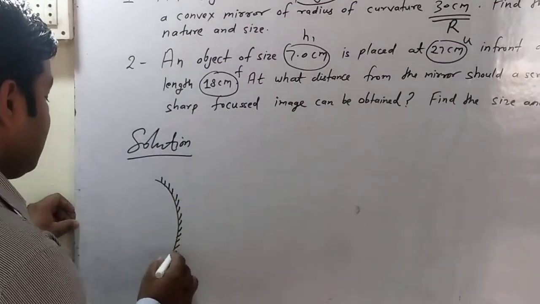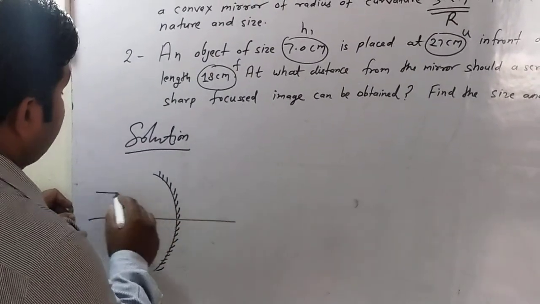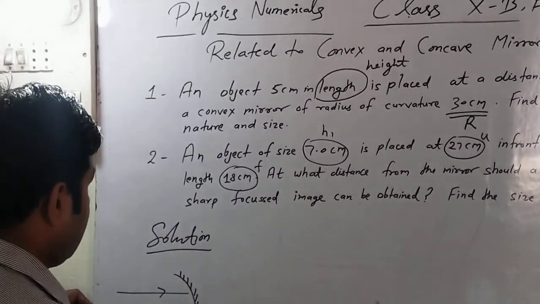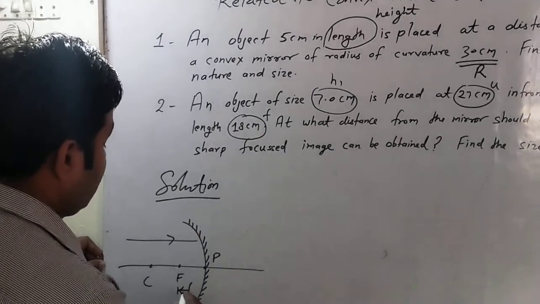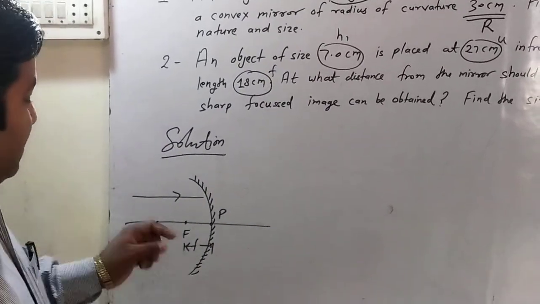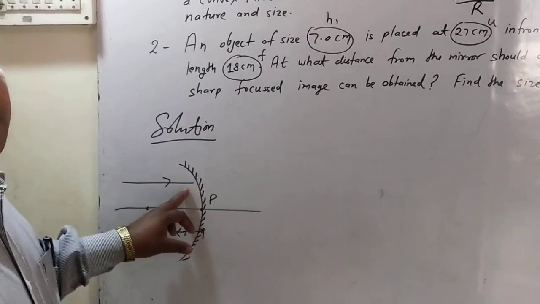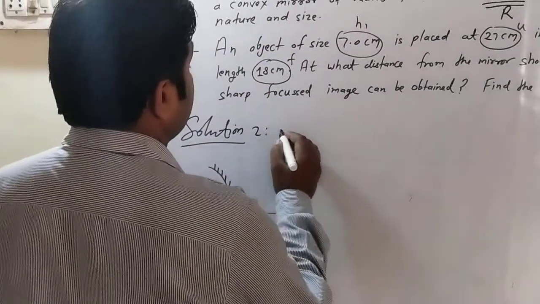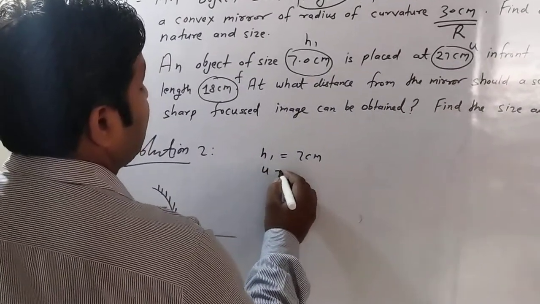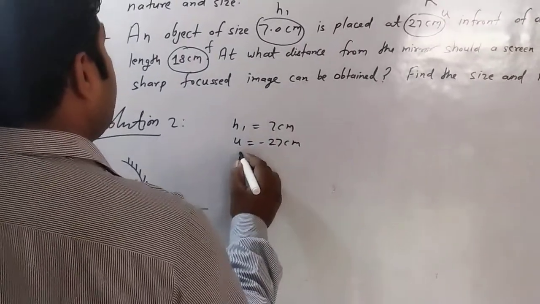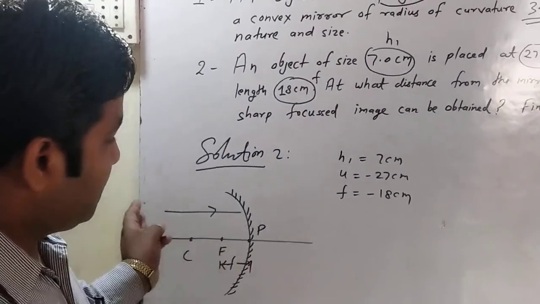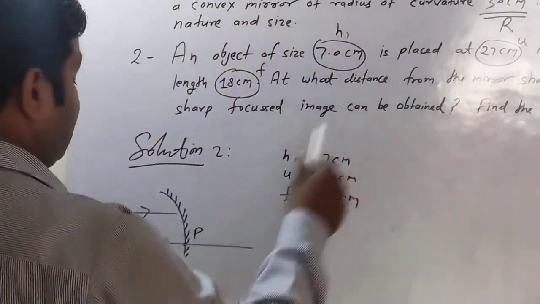see here, concave mirror, when we take the incident ray in this direction, then this is pole and this is focus and this is center of curvature. So the distance between focus and pole, that is focal length. So the incident ray goes left to right, but measurement from right to left, it means focal length in this case is taken negative. So the given terms: h1 is equal to 7 cm, u always negative, that is minus 27 cm, and f is also equal to minus 18 cm. Why minus? Means just opposite to the direction of the incident ray. For a concave mirror, that's why the focal length is negative.